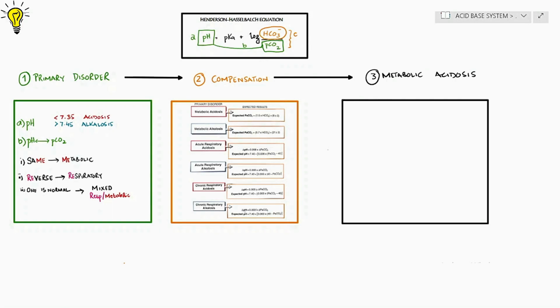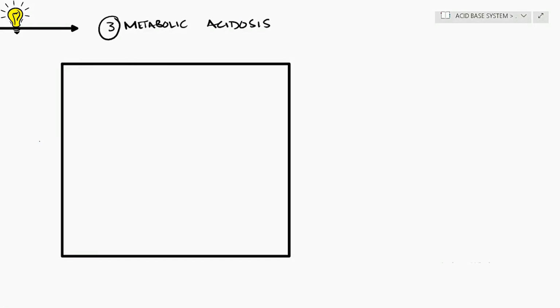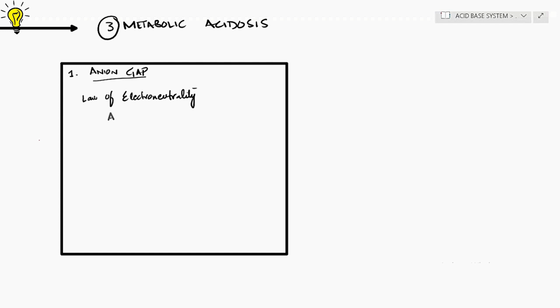In the third stage, we can check on a few aspects of metabolic acidosis, the anion gap and the gap ratios. But here in this video, we will only touch the anion gap. We will spare the gap ratios for next videos. Now remember, in the last video we said as per the law of electroneutrality, the amount of anions must be equal to